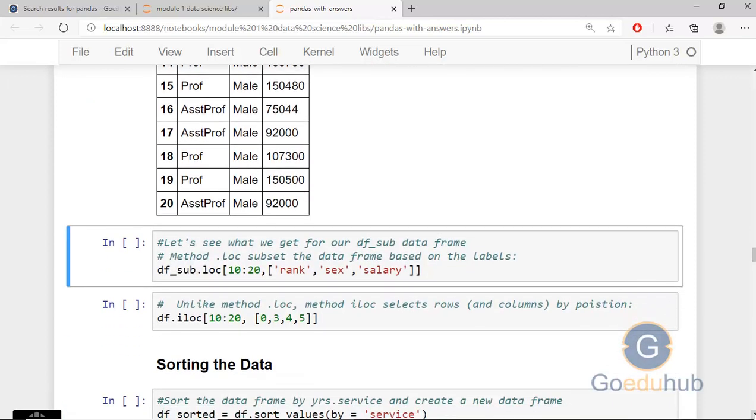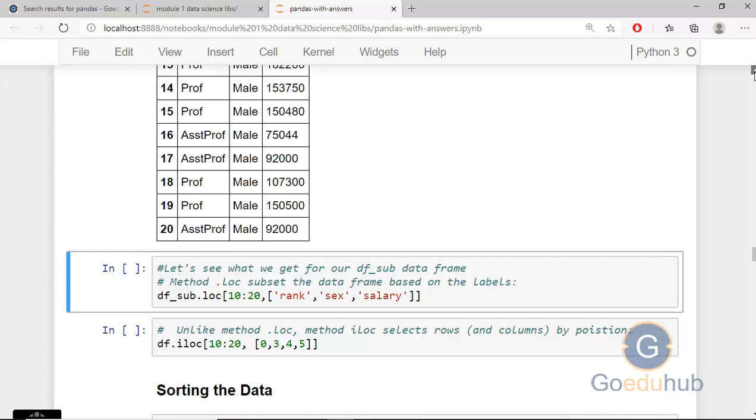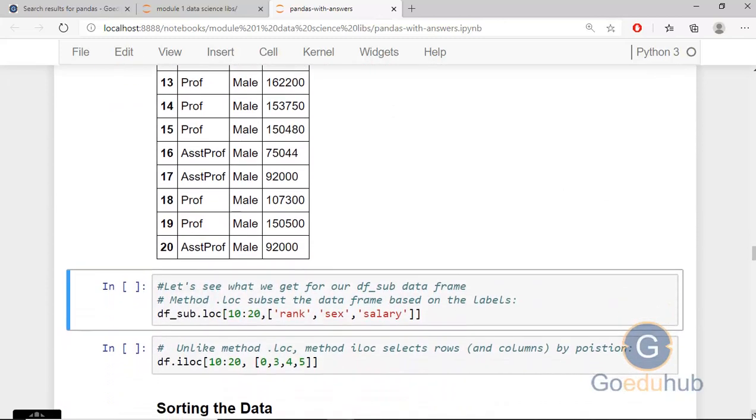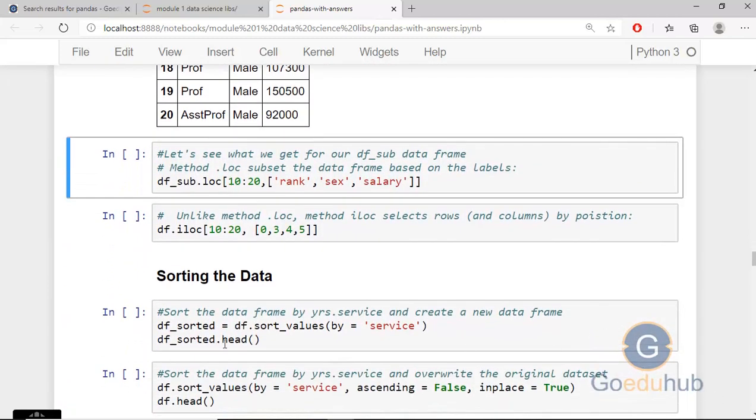And similarly, there is one more method called iloc. When I don't know the headers of the columns, like I don't know the rank header, sex header and salary header, then what can I use? I can use the index, just like the rows have 0th index, 1st index, 2nd index, the columns also have an index. So we can access the columns through the index also. For that we can use the iloc function.